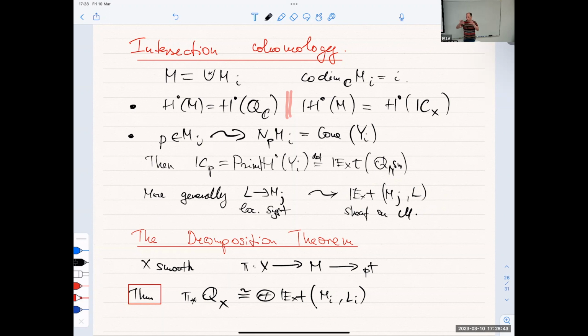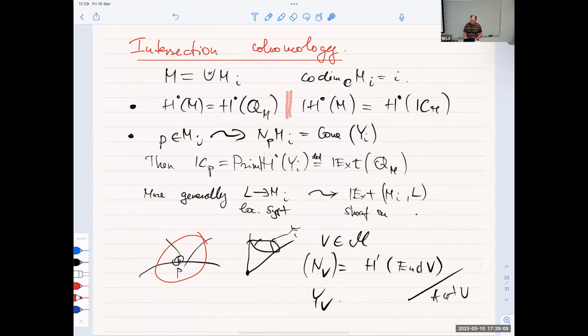I'll think of this as a sheaf on the whole thing. Of course, it will be only supported on MJ and the closure of MJ. Sorry, I went through this very quickly, but hopefully some other parts will be understandable. But here, I just want to say that there is a completely concrete procedure using these